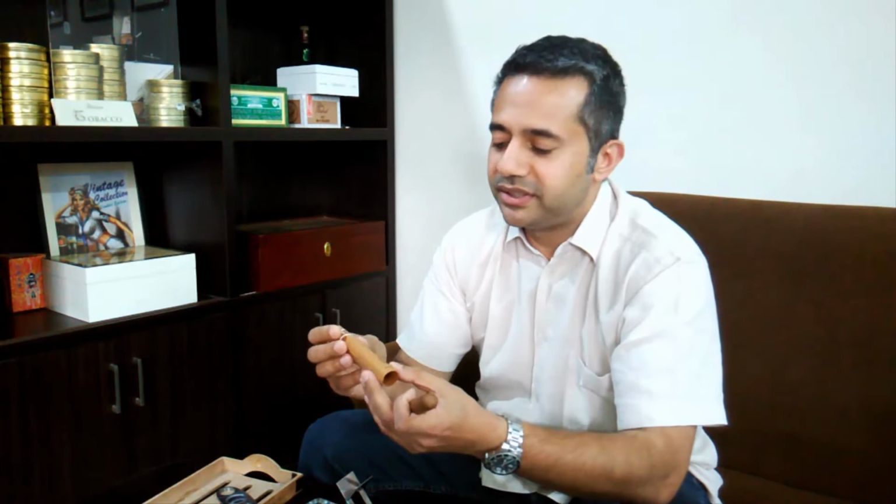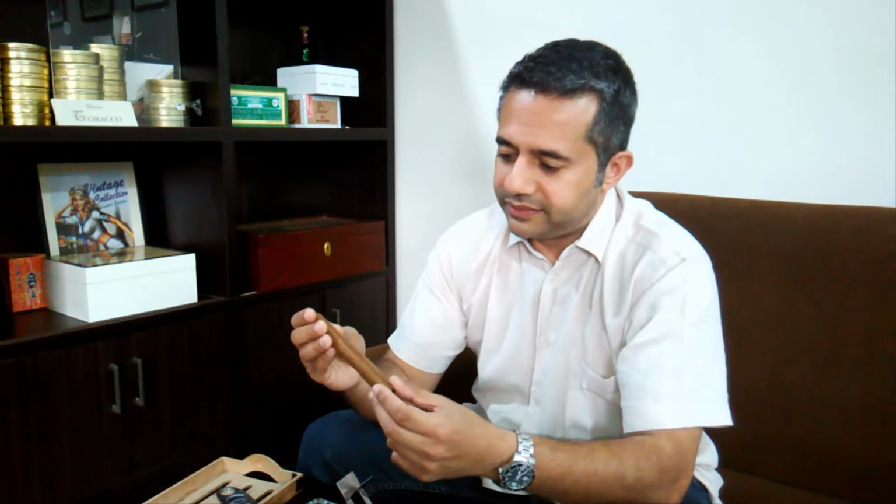It's got a lovely smell. You can just pick out the smell of the cedar in this, and there is a reason for putting this on the cigar, which again I'll explain in a short while. But beautiful smell, beautiful construction. So I'll just put this away and go to the cigar itself. Beautiful construction,